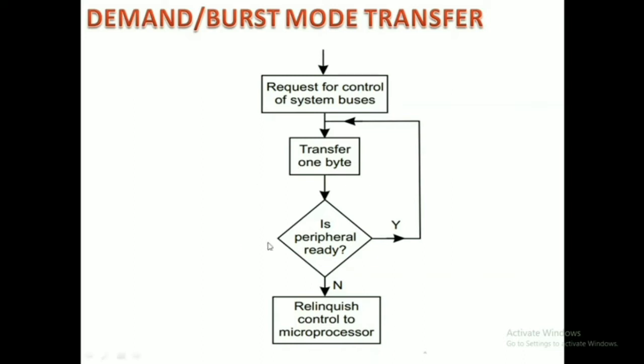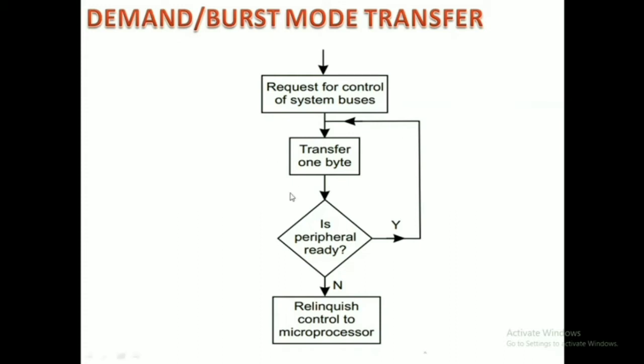For every byte transfer, the IO device needs to assert the DMA request signal. This means a high signal level needs to be given to the DRQ line to indicate that the peripheral is ready with the next byte. If yes, then only it will go on transferring the next byte. In this way, it will go on transferring all data bytes between memory and the IO device. After transferring all data bytes, the DMA controller will enter into slave mode and it will leave control of the buses.